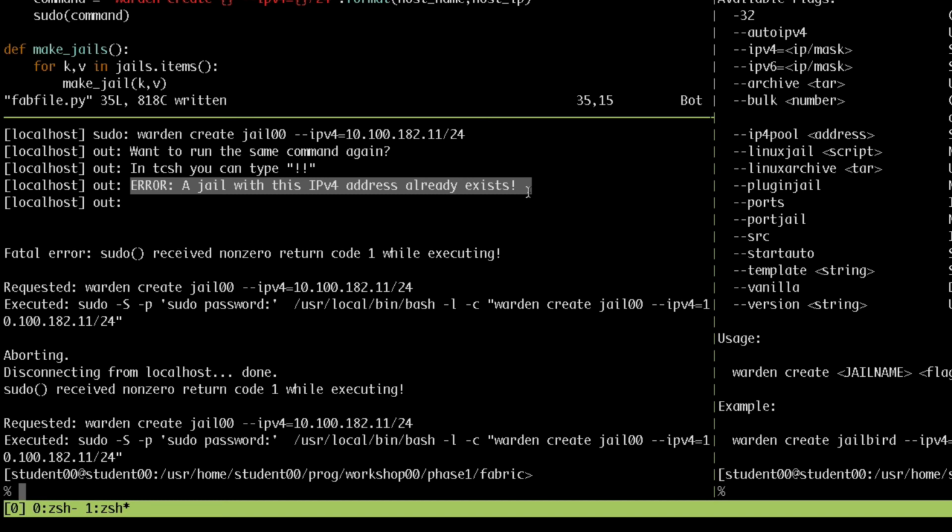Fabric is not designed to be idempotent. Basically, idempotence means that if you have a command or a process, it will only do the work that it needs to do to get to the desired expressed state. A good way to think of this is if you have a bunch of files that need to sit in a particular place, right? You can write a script that will put the files there. If it's a very naive approach to solving this problem,